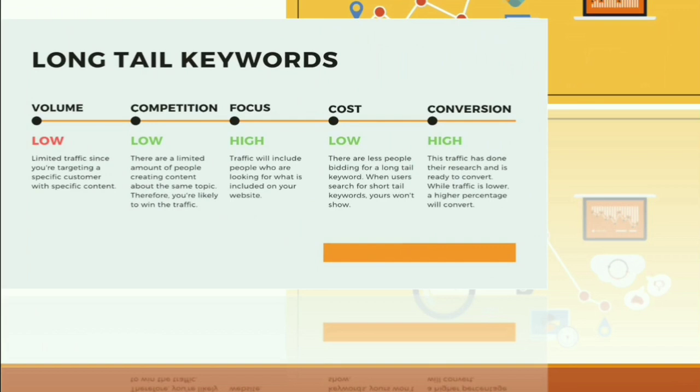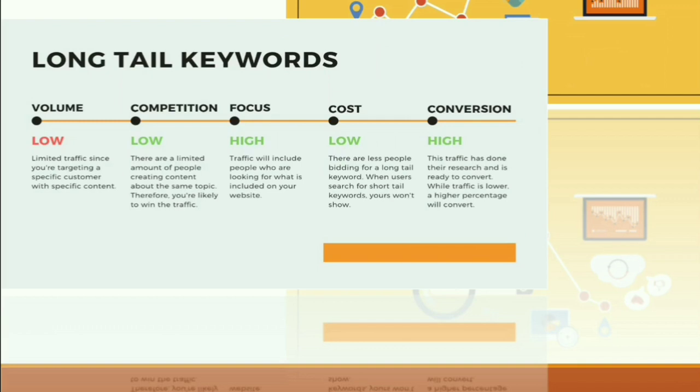And in the long tail, we can conclude that if we enter a long tail keyword, you're going to get a low volume. If you are specific that you want a brown color shoe with a black color lace, then only that many websites will be available to you who have this specific keyword. Because of that, there will be limited traffic, because the customer himself is very specific with his content.